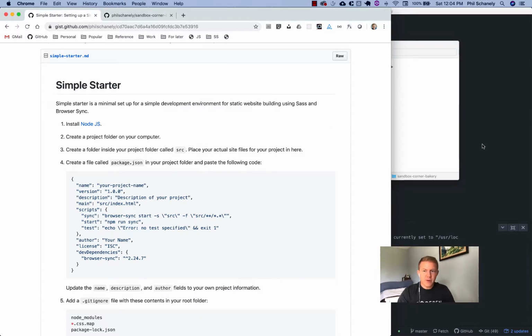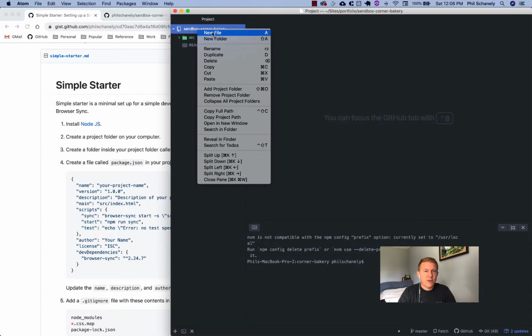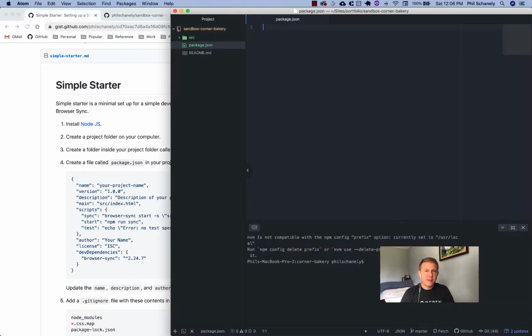Now we need to create files, so I'm going to switch over to Atom again, where you can see I have that source folder, and we're going to do the next step. So to create a file in Atom, we can just right-click on the folder that we want to create it in, and click New File. So we're going to call it package.json. Oops, got to spell it right. Now this is a thing related to NPM, the Node Package Manager, which is basically a set of configurations